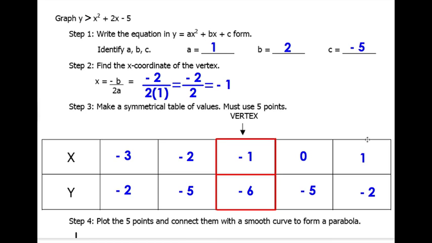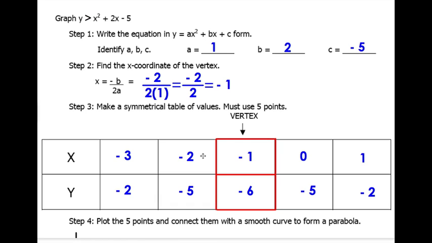Next, I've made a table of values. I have space for 5 ordered pairs. For my vertex, I always place it in the middle. So from step 2, I've put the x coordinate of the vertex as negative 1. And in order to make this symmetrical, if I go up 1, I'm at a value of 0. In order to make it symmetrical, I need to go down by 1, and therefore I get an x value